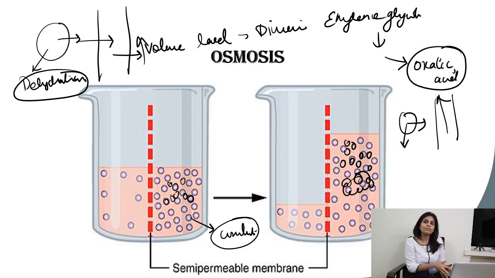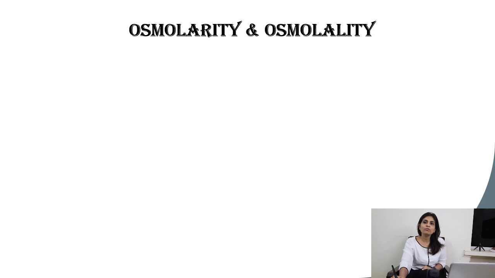So to get an idea of the osmotic pressure, indirectly you are measuring the number of osmotically active particles present in the solution, and that is why you go for a measurement of osmolarity and osmolality. So if you are asked why do we measure serum or plasma osmolarity or osmolality, your answer should be both osmolarity and osmolality are measurements of number of osmotically active particles present in a solution. And by measuring the number of osmotically active particles present in a solution, I will be able to judge the extent of osmotic movements that happen in a person.